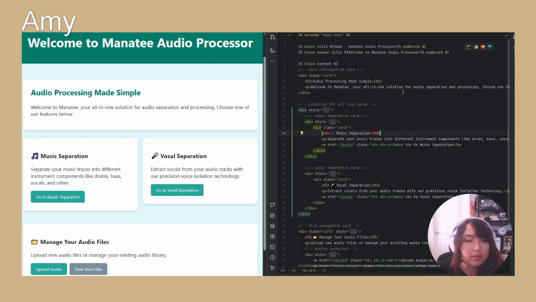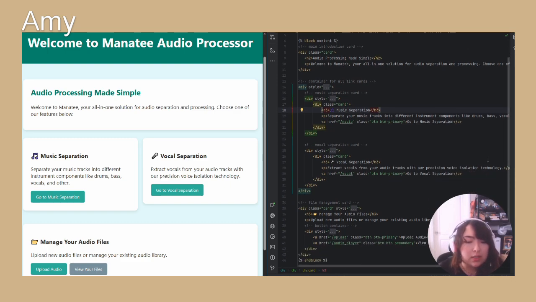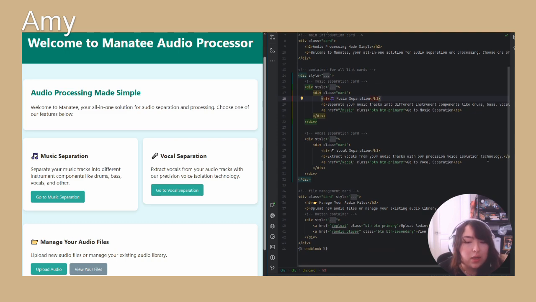The home page extends our base template and organizes content into cards. Let's look at how we have structured this in the HTML. Here we are using Flexboxes for responsive layout, and each feature has its own card with descriptive icons. Buttons are styled consistently with clear call to action text, which gives users a clear overview of the